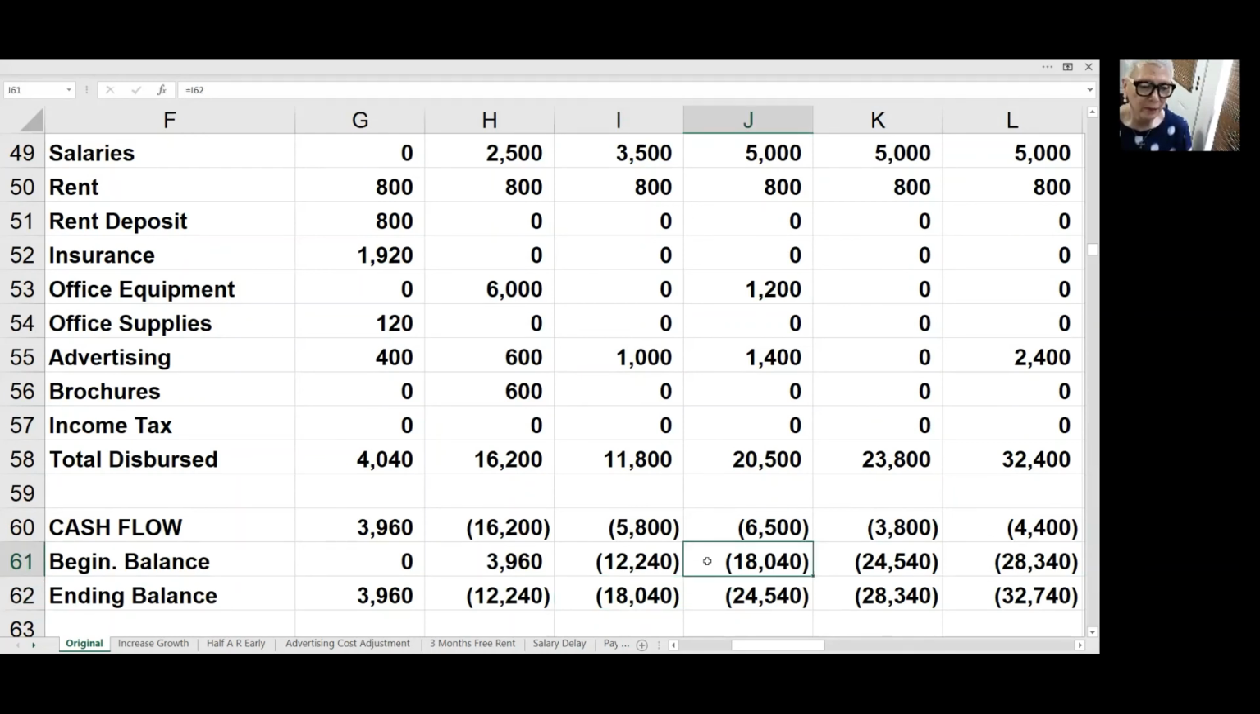Again, we had a negative cash flow of $6,500, and that gives us an ending balance, an even bigger hole still, of $24,540 negative. And that becomes our beginning balance, with an additional cash flow deficit of $3,800. And now we have an ending negative cash balance of $28,340, which becomes our beginning negative balance in month 6. And we add $4,400 negative cash flow. And our final big hole by the end of month 6 is